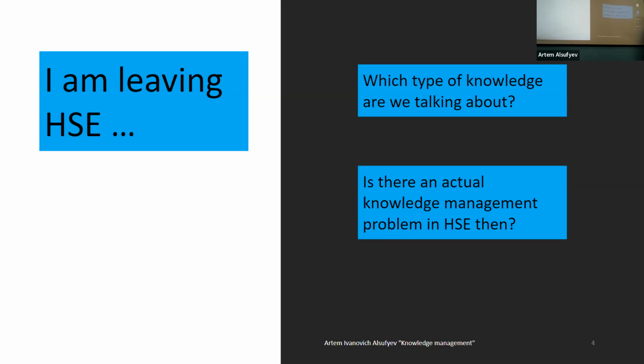What if HSE is left not by a professor, but by a master student office employee? Dara, would it be a knowledge-related problem? I think it's possible, because there's what's called structural capital. There are certain systems that they use within the office that are usually not encoded or written down. When the employee of the master student office leaves, the next person might have to pick up the whole process from the start. For example, how to register a student might not be codified.